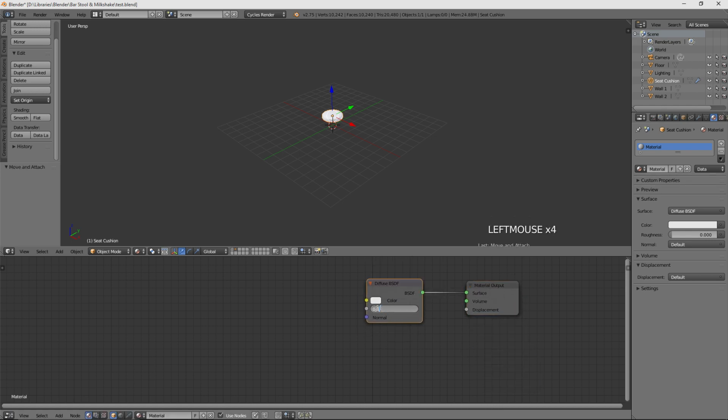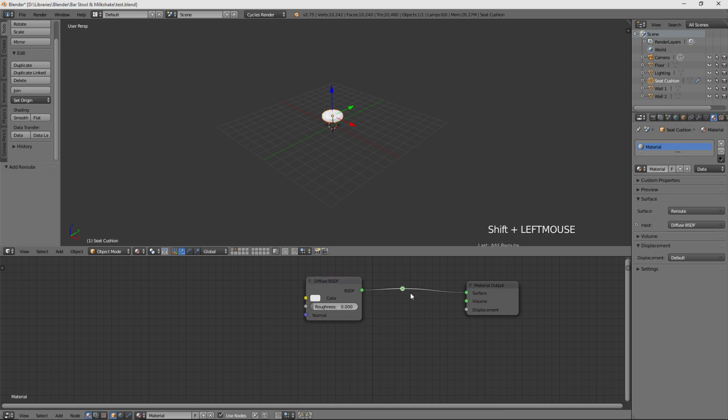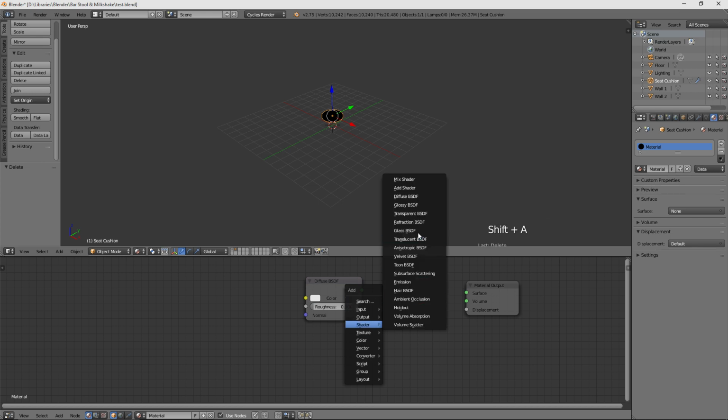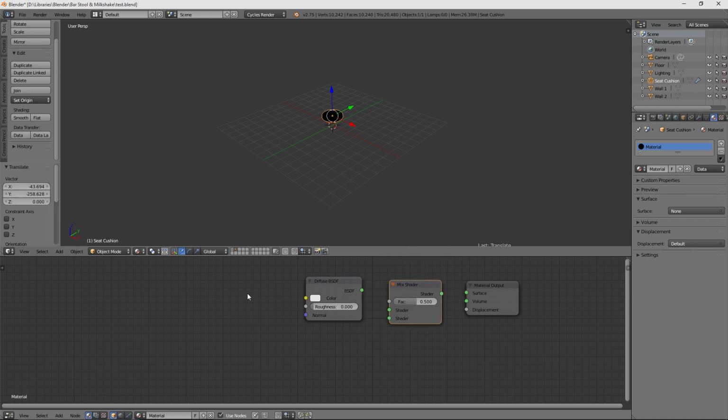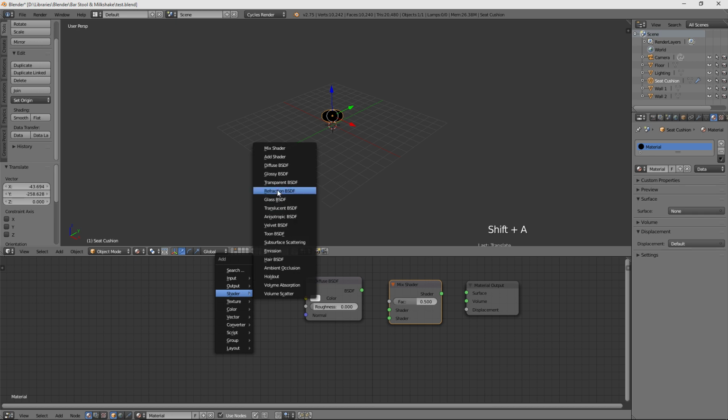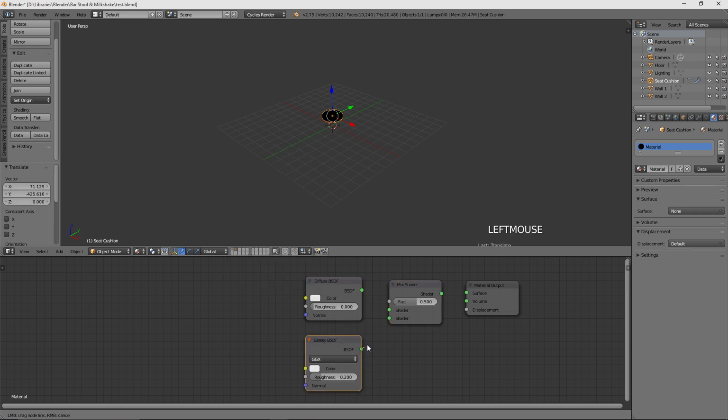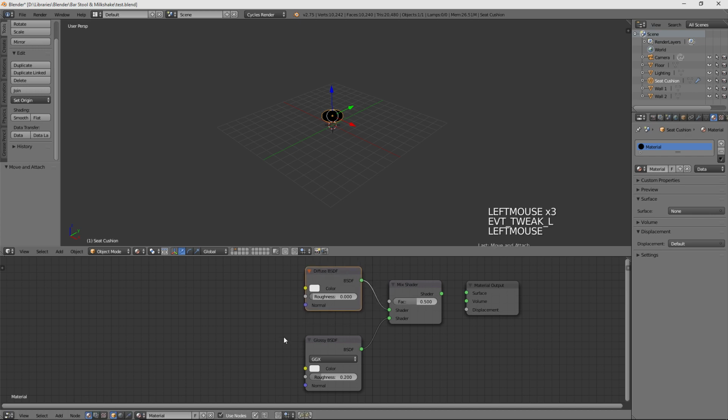My color I'm going to leave alone for now. Actually, yeah. I'm going to cut that. Oh, wrong button. Control cuts. And then I'm going to add a shader. I'm going to add the mix shader. Pop that in, and I'm going to combine a glossy shader because I'm going to make it a leather seat, and leather has a little bit of gloss to it. And then for my color, I need to add in a